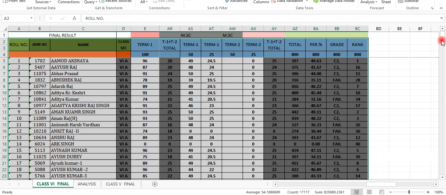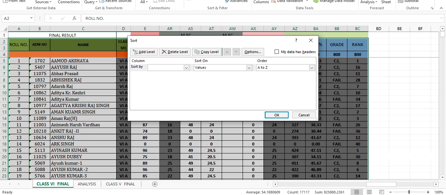Now see here, click on the data option. The Data option is given on the ribbon in the Excel sheet. I have opened the Excel sheet, and in it we are going to click on the data option. In the data option there is the sort. Now we have to click on the sort option.